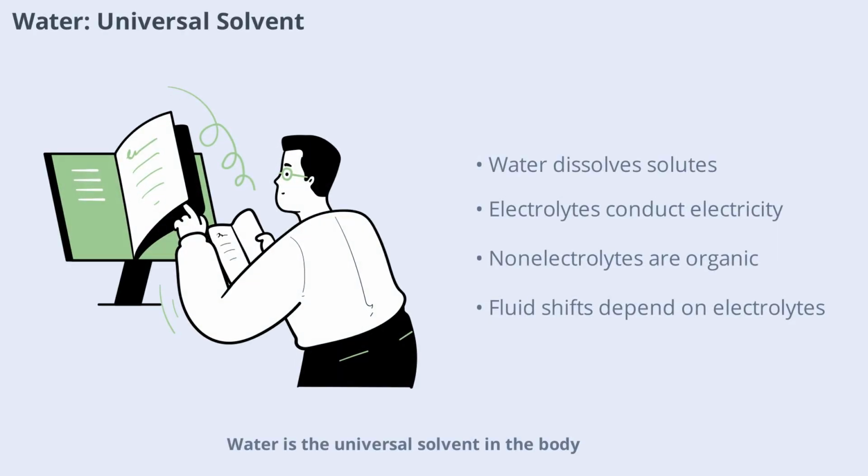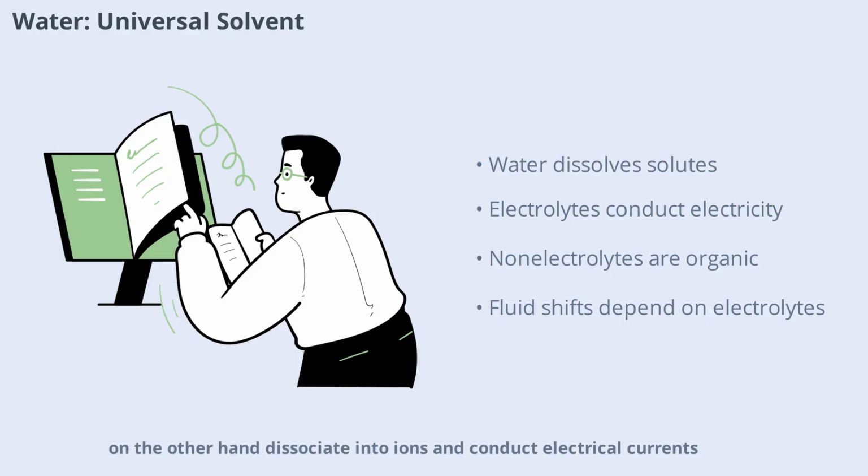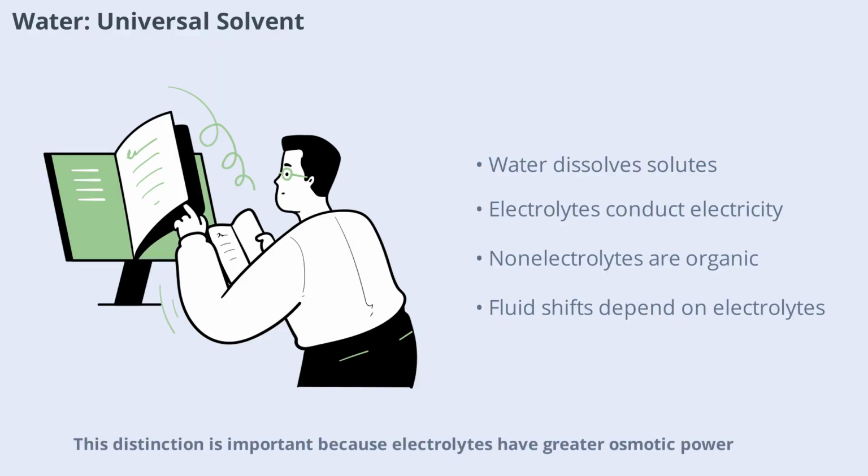Water is the universal solvent in the body, dissolving a wide range of substances called solutes. Solutes are classified as non-electrolytes and electrolytes. Non-electrolytes, such as glucose, lipids, creatinine, and urea, do not dissociate in water and are mostly organic molecules. Electrolytes, on the other hand, dissociate into ions and conduct electrical currents. This distinction is important because electrolytes have greater osmotic power, meaning they can cause fluid shifts between compartments more effectively